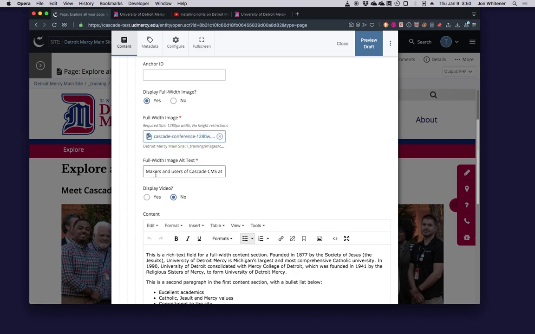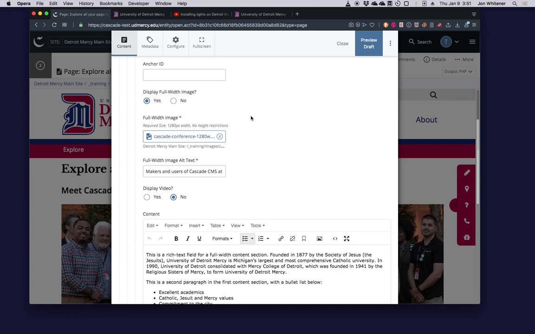And then very importantly, you need to put in some alternate text for the image. This is a requirement. It's just good practice. And don't blow it off. Put an actual meaningful description of that image into the alt text field, because some people have very poor vision. Some people are using screen readers because they can't see the picture. So the least we can do is put a little description of what the image is, and then they can get that information. It's actually federal law.